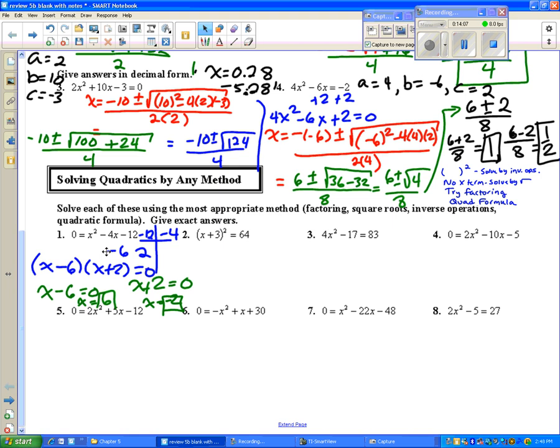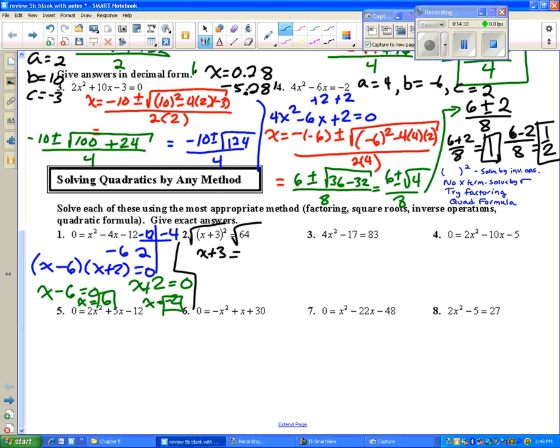Number 2, we're going to do here in black and possibly red. This is a quantity squared. So to solve a quantity squared, I want to square root both sides. I don't need the parentheses, so let me back up. I'm square rooting. There's nothing multiplied or added outside, so I can square root, and I get x plus 3